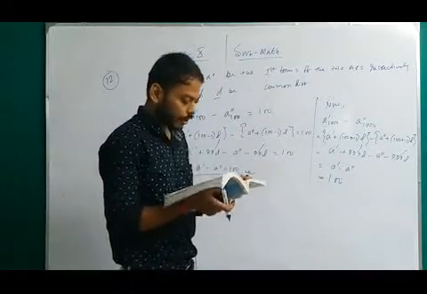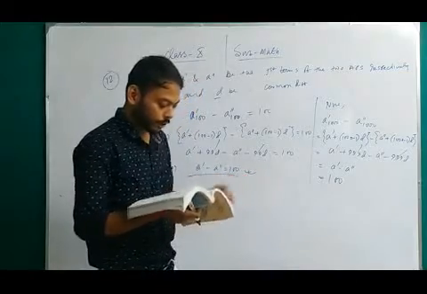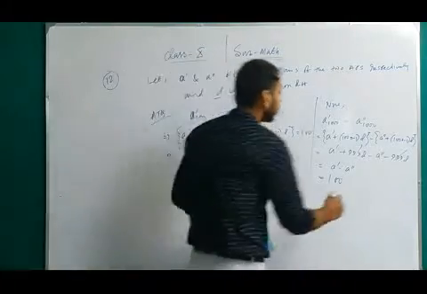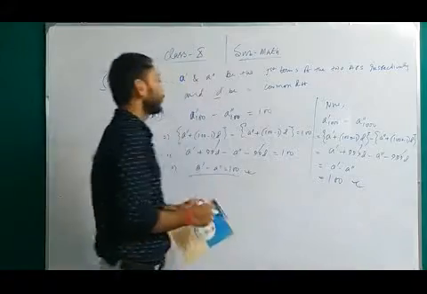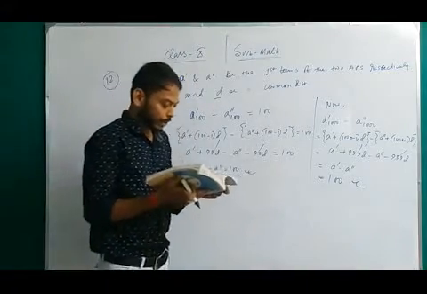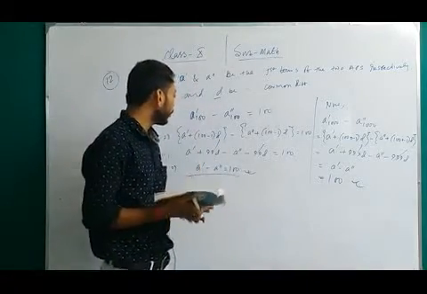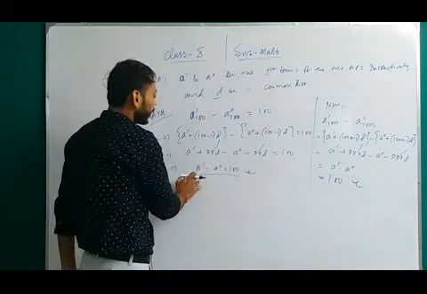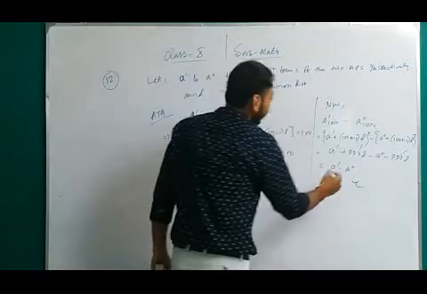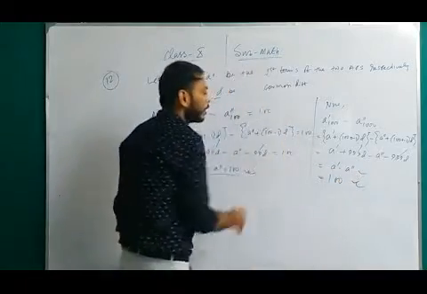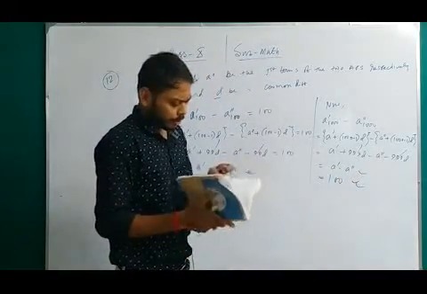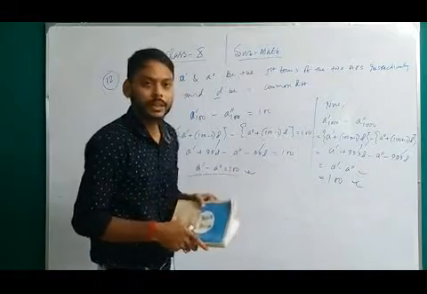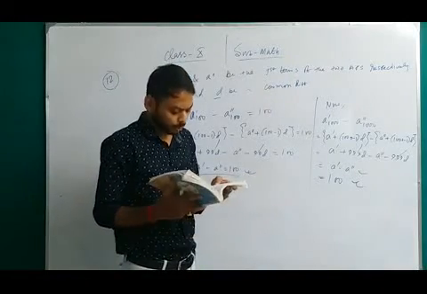The difference between their 100th term is 100, and also the difference between their 1000th term is also 100. This is a very important one. So this is our question number 12. First of all, we find the difference between the first terms, a dash minus a double dash. Then we use the value here, and finally we get that the difference between their 1000th term is 100. Okay, this is our question number 12.